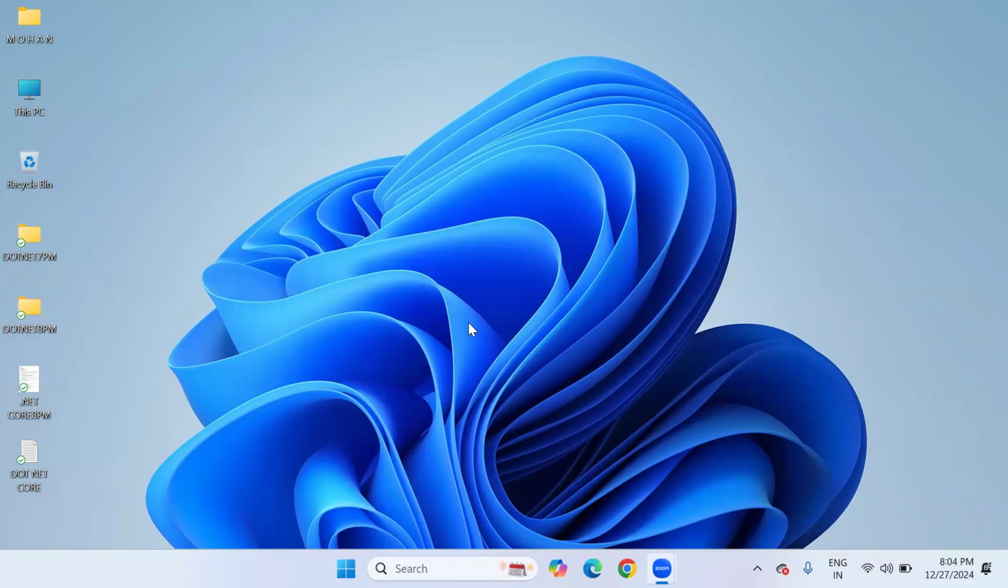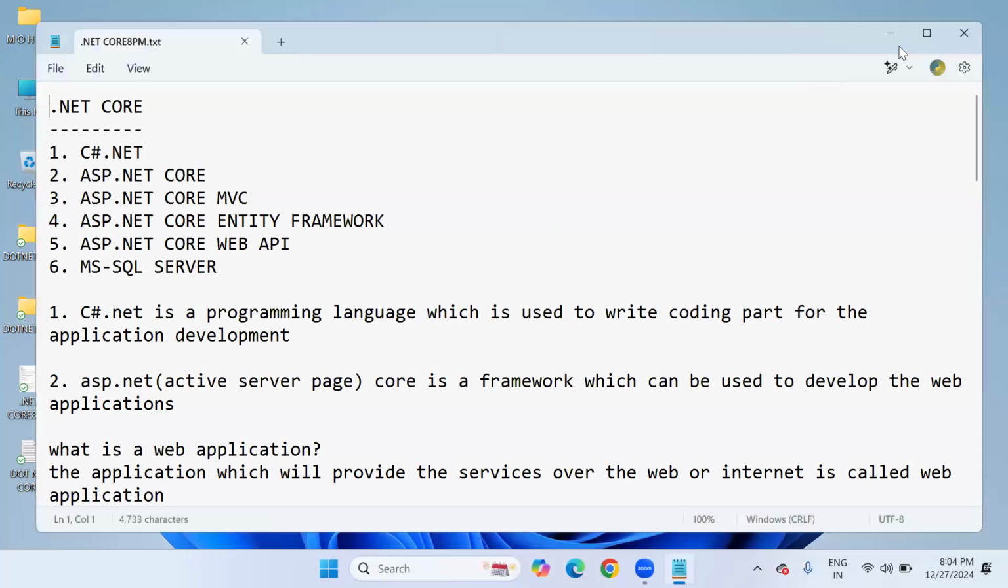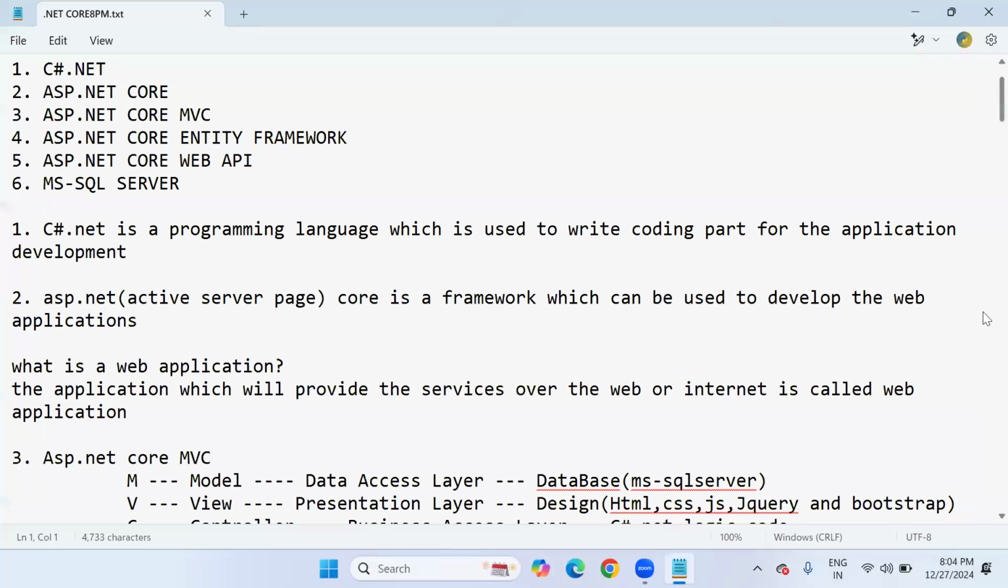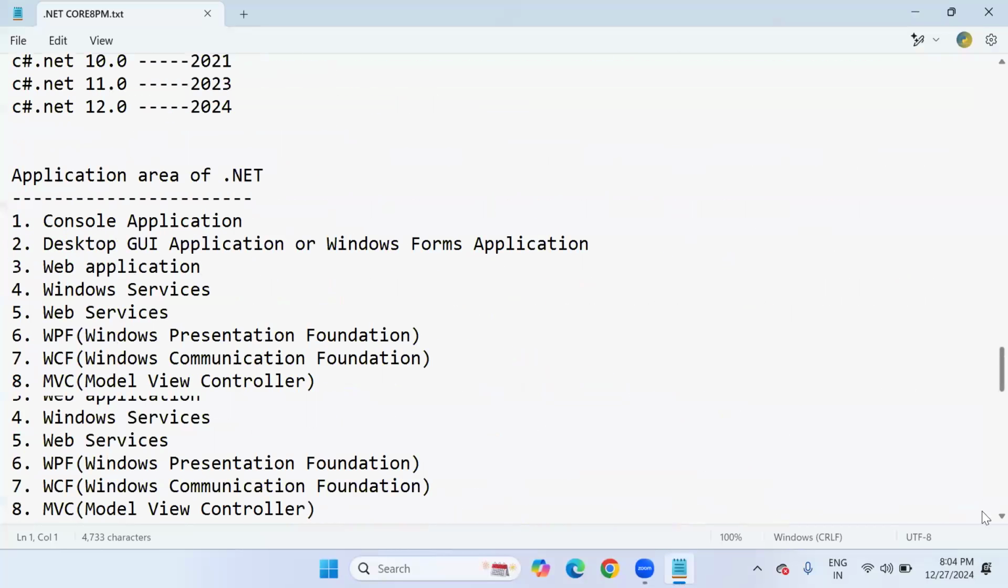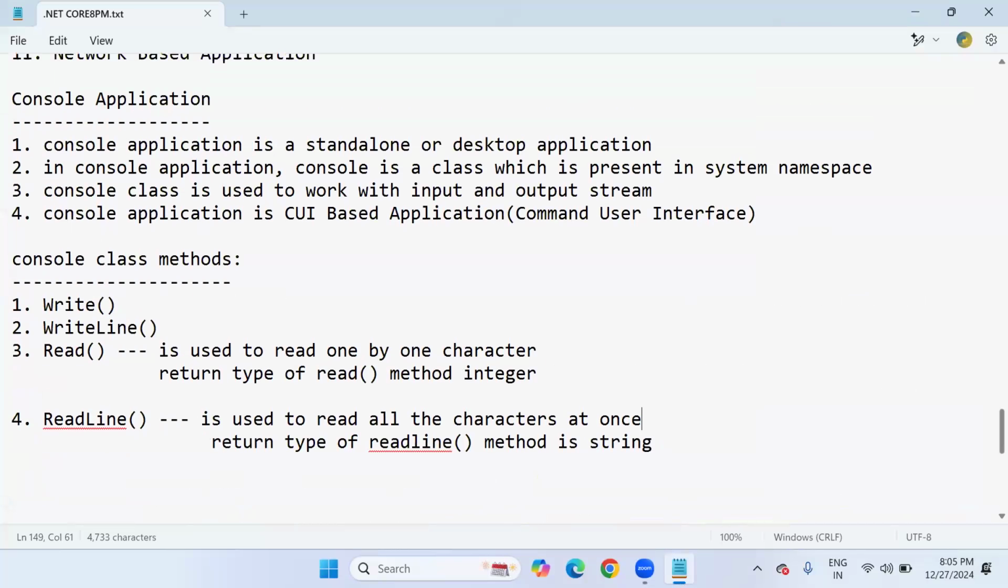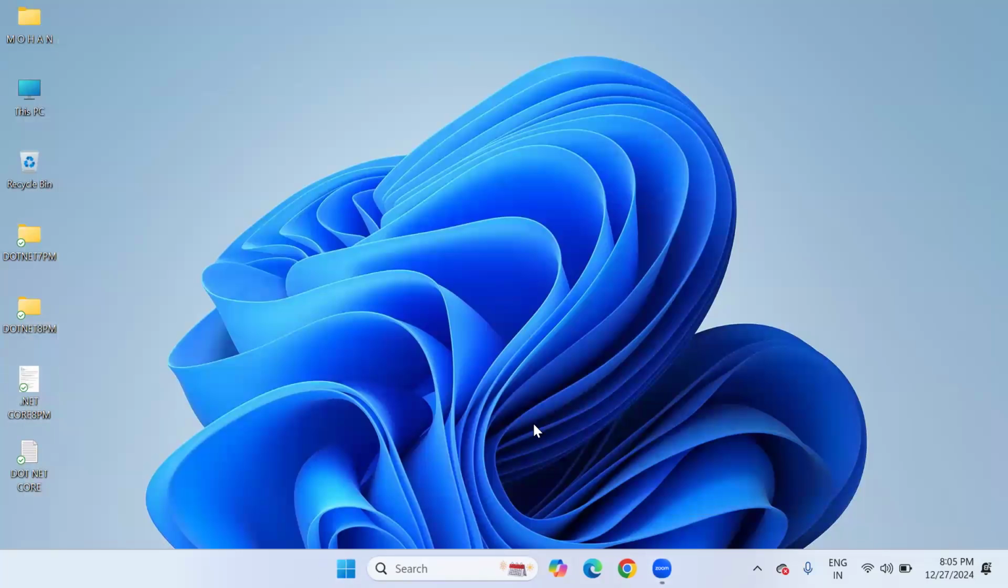Yes, let's start today's session. In the last lecture, we discussed console application basic programming, using Visual Studio 2022. In this, first of all, if you want to open your existing project, like what we created